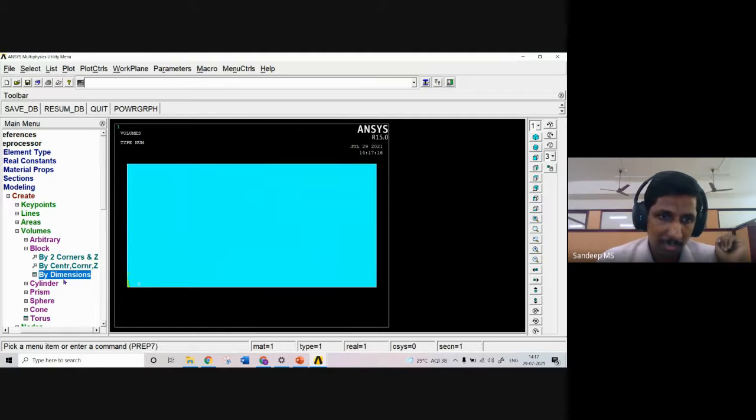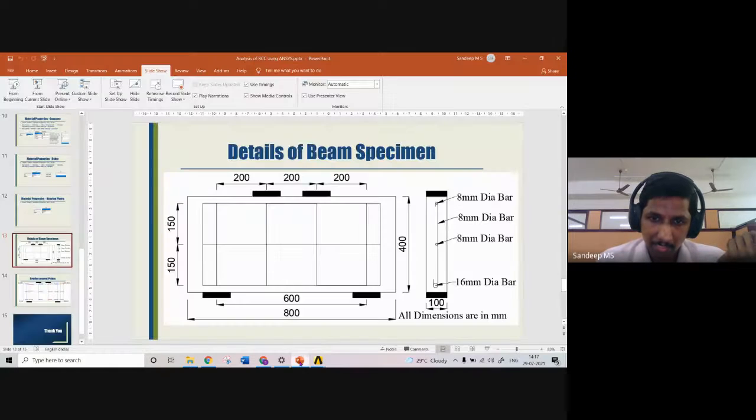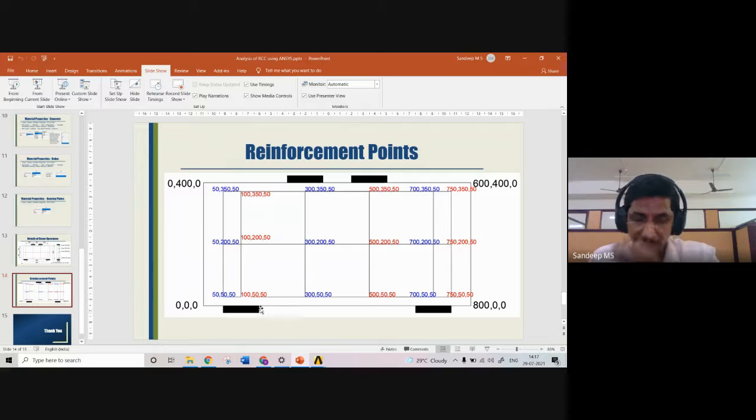Now, in a similar fashion, we will be creating bearing plates also. If you look into this figure, what will be the minimum value of X for this bearing plate? Let's model this. So we know the midpoint is 100, and I am assuming that the length of the bearing plate is also 100. So if the midpoint is 100, this coordinate should be at 50, and the maximum value should be at 150. That is regarding X value. What about Y value?